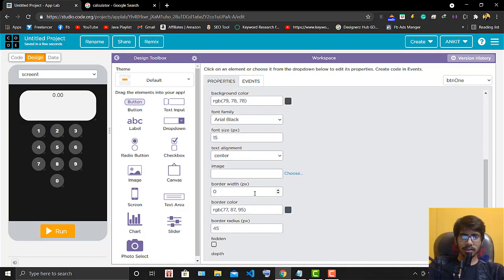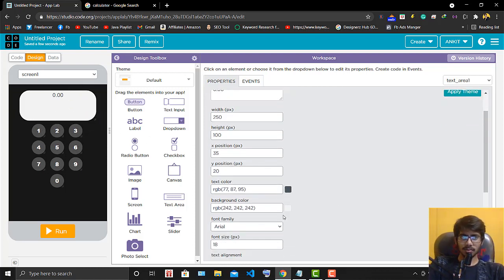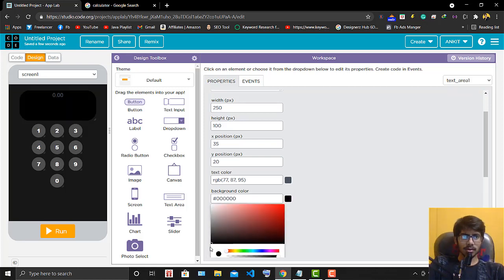Now I think this font size should be 18, so that it can look more perfect, right? So 18. Now one thing, this text area, I'm not liking that color, so I will make it black color, or let's say here I will leave it.